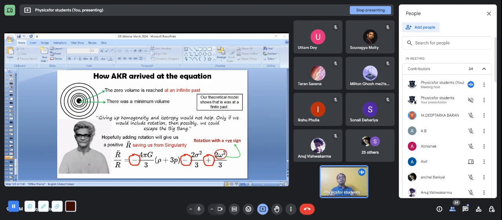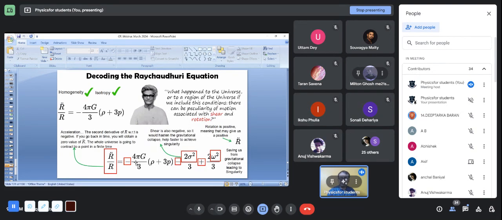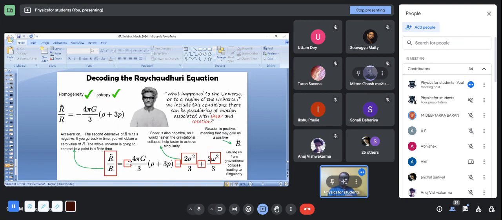Remember that AKR's equation is so important that it goes beyond general relativity. It can be applied in fluid mechanics and many other areas. It is called the congruence of timelike geodesics. What it showed is that there is no escape from singularity unless we include the rotation part. And here you see, this is the acceleration, the second derivative. If you go back, it is negative,